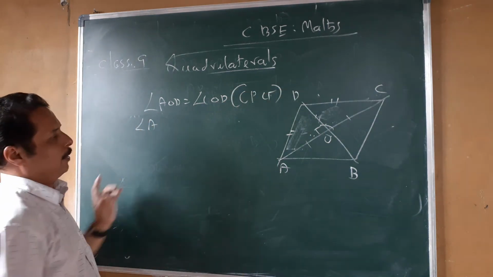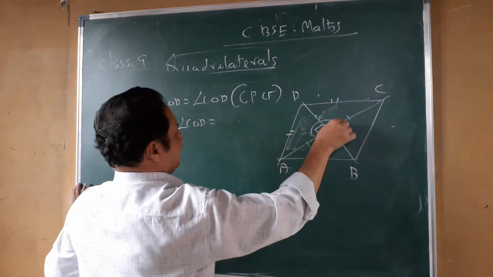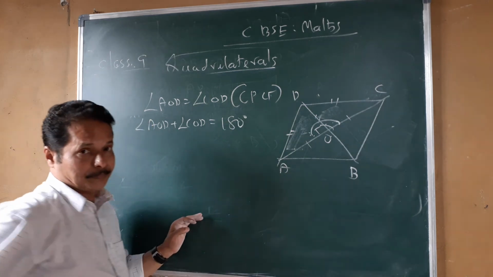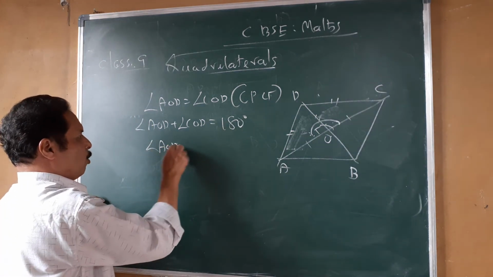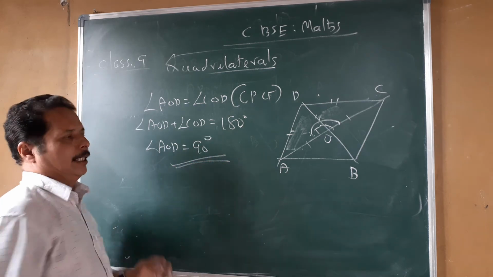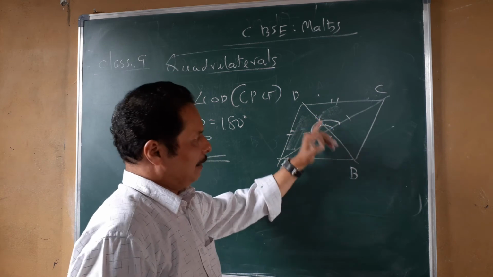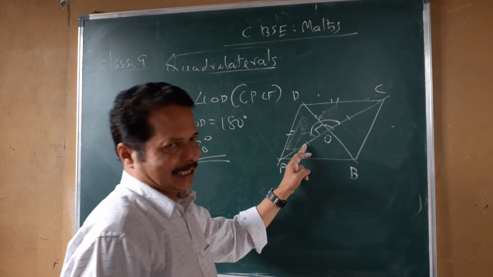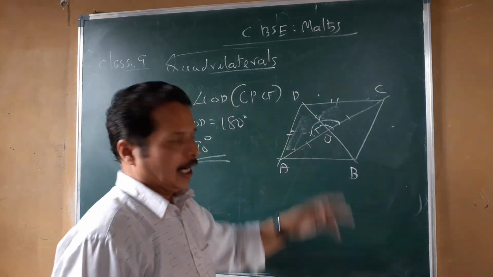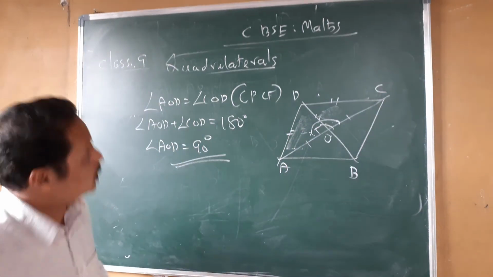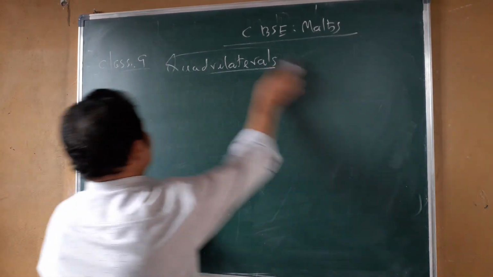You remember that? Angle AOD plus angle COD, look at the figure, it's a line, a linear pair. Linear pair is supplementary, that is 180. Therefore, each of them is 180 divided by 2, equal to 90. So already you proved it's a parallelogram, meaning they bisect. Now it is 90, meaning perpendicular bisect. Therefore, the diagonals of a rhombus are perpendicular bisectors.